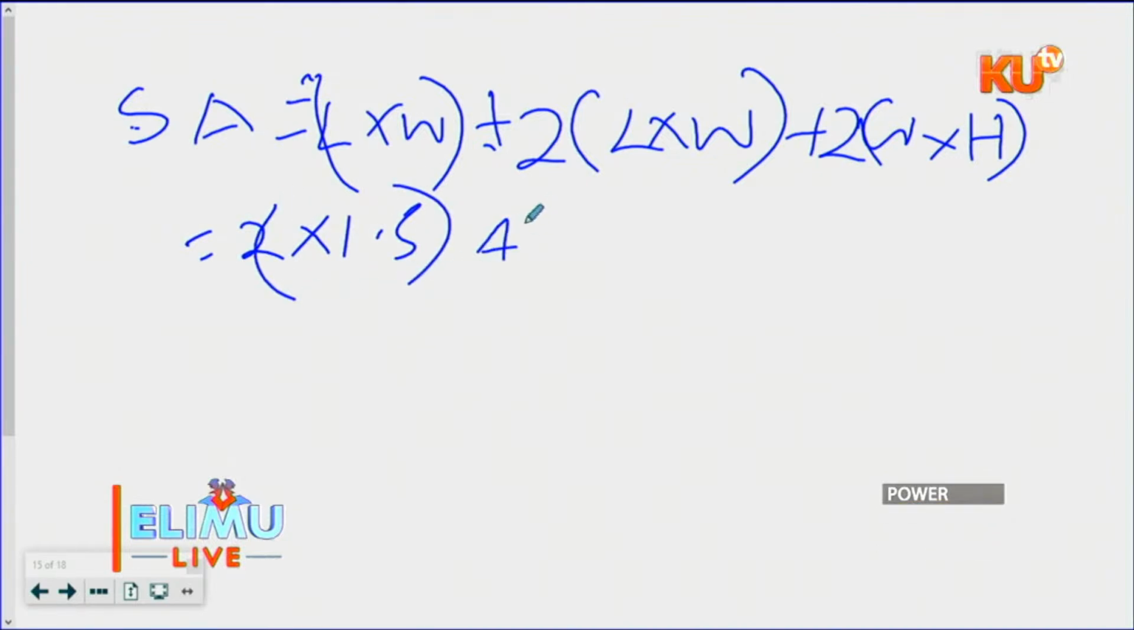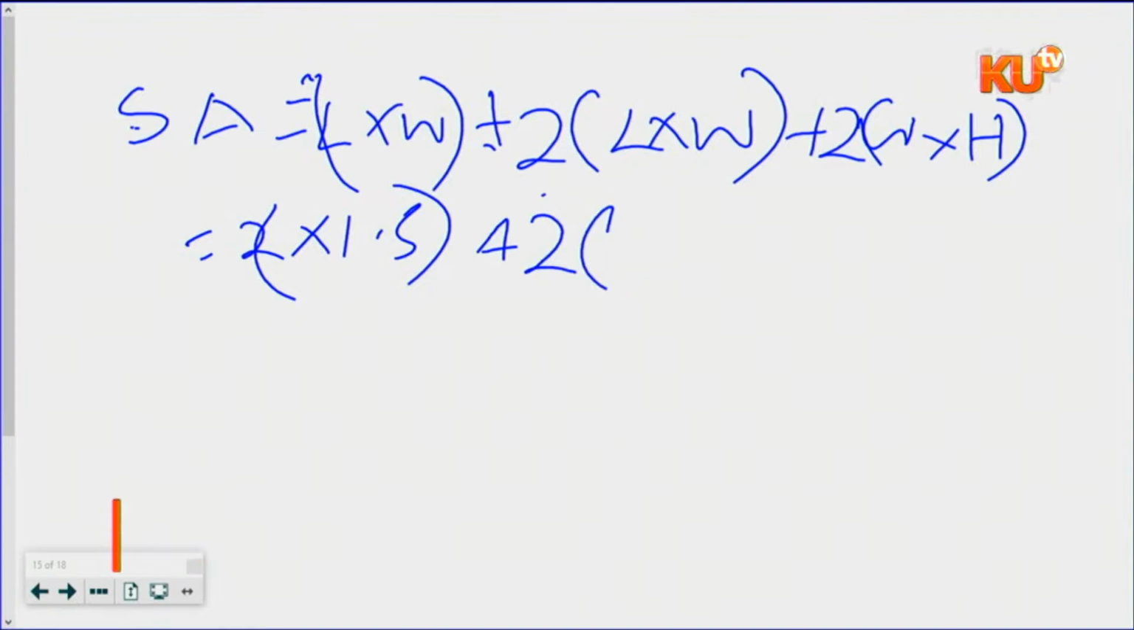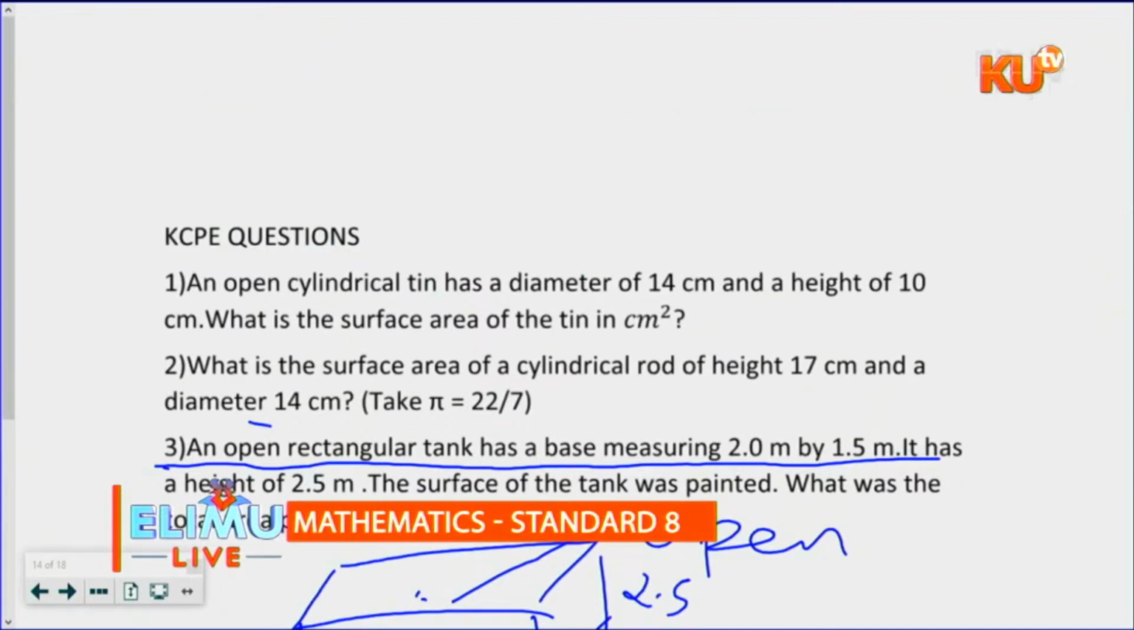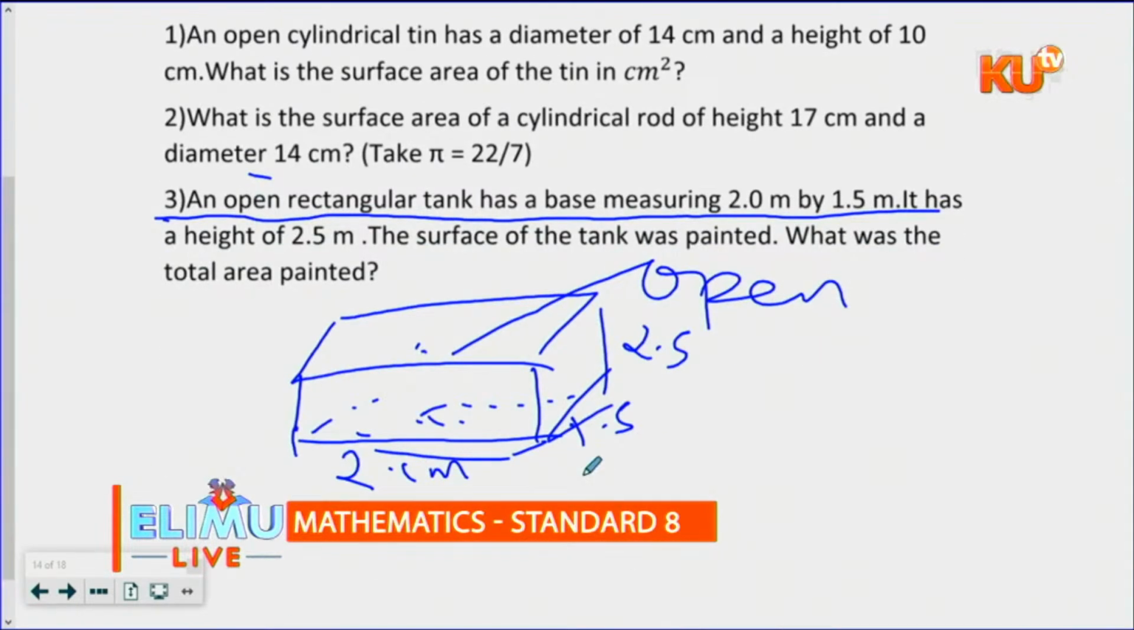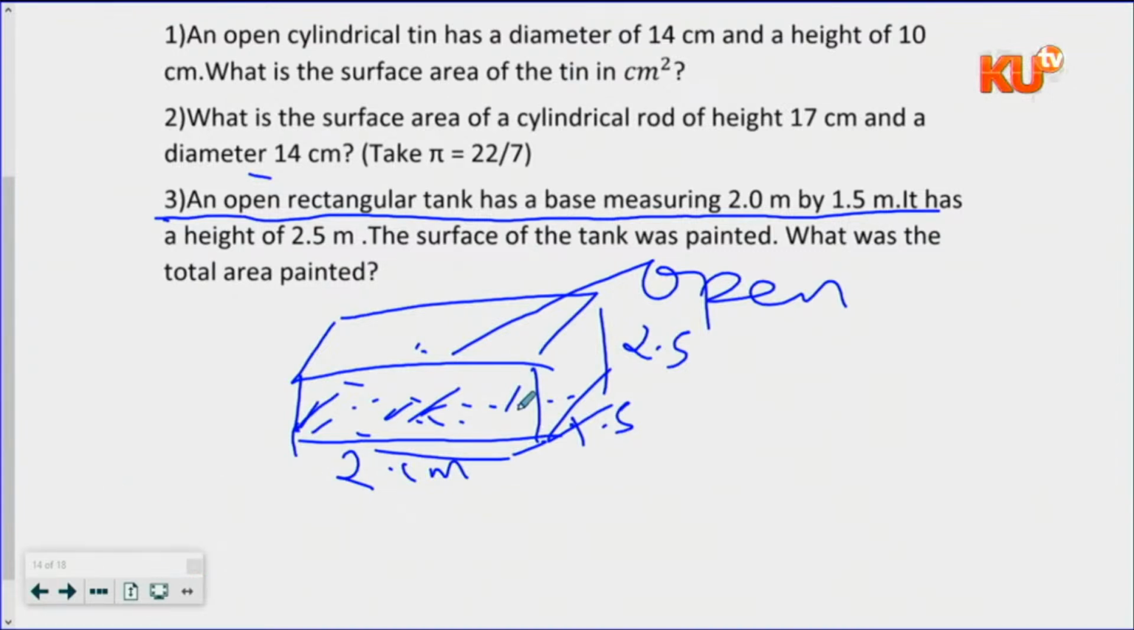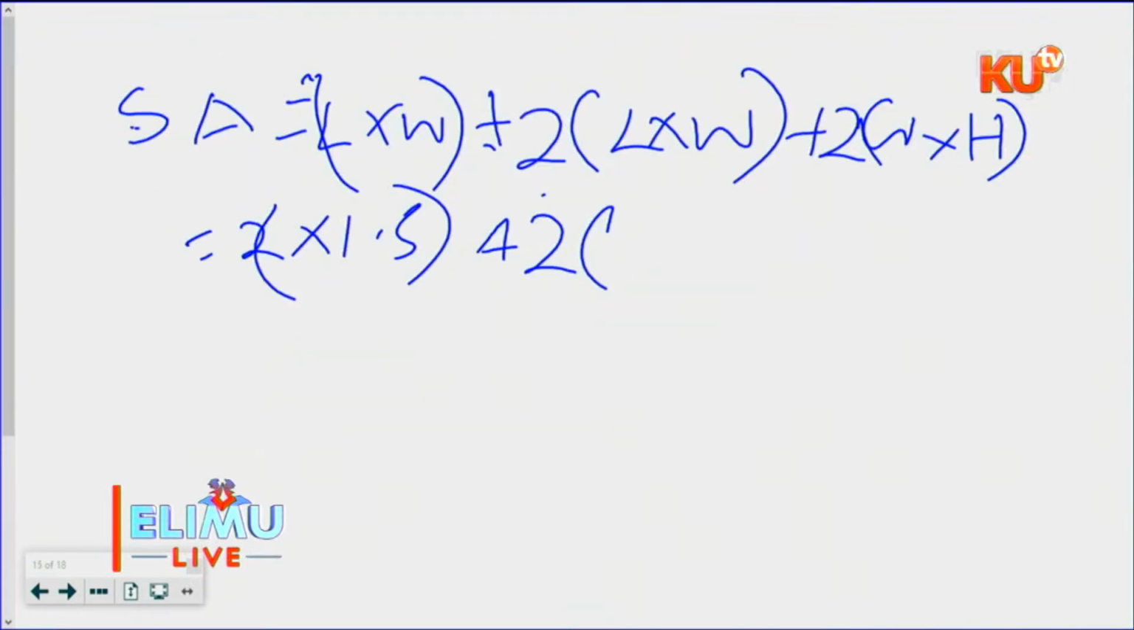Plus we come to 2 into length times width, another length times width. That is now for this face here, this face facing us there. It is 2 by height. The height is 2.5. So it will be 2 into